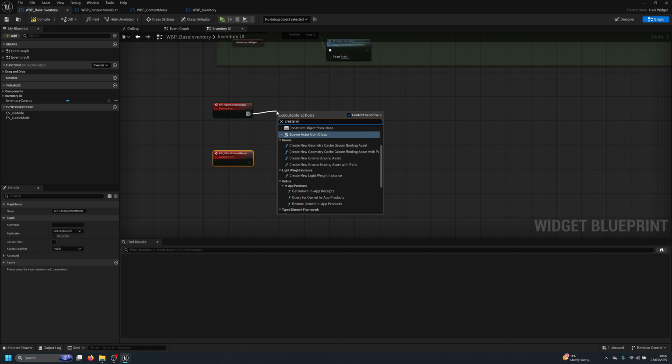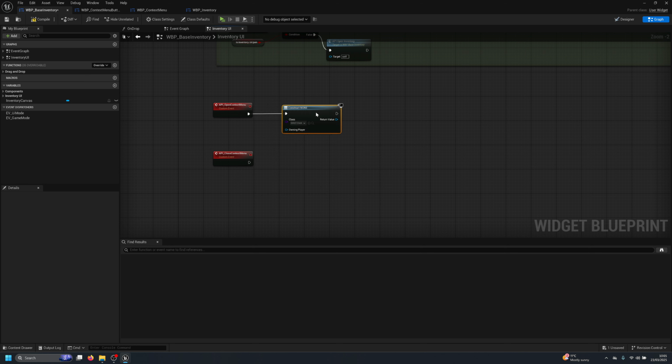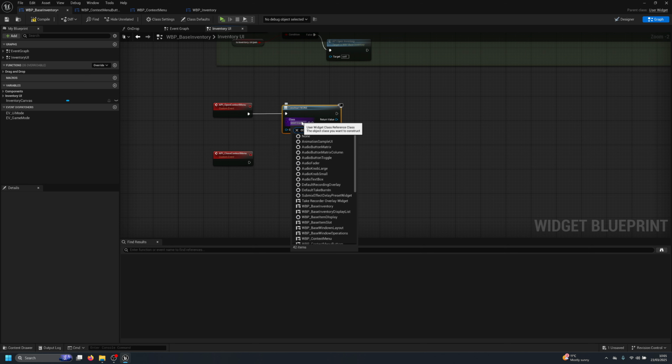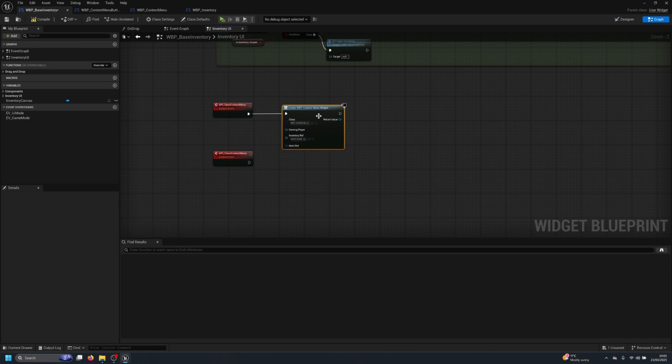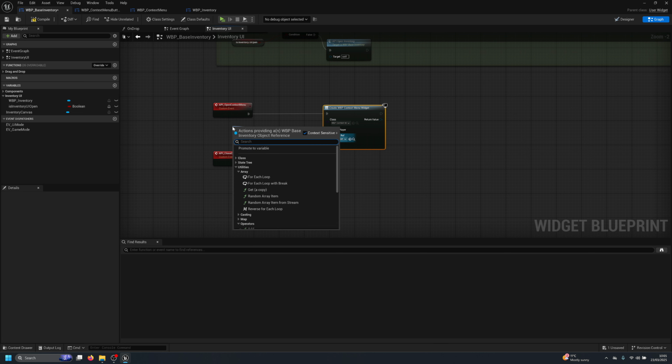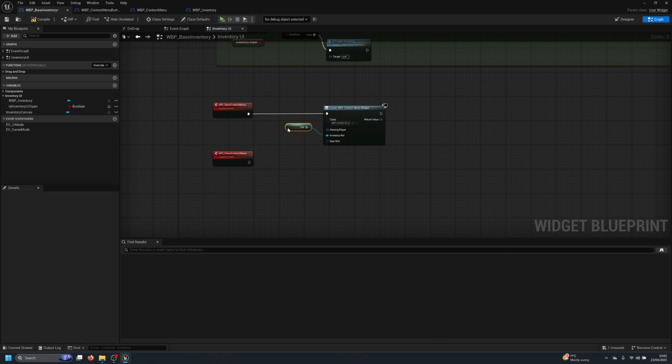So we're going to create a widget from the class, and this is going to be the context menu. And now we need to search for the item in the inventory. So first of all, we have the inventory reference, which is going to be self, right? But we don't know what item this belongs to. So we need to put on the open context menu, because we know the item slot that we're trying to use the context. And now what we need to do here is just promote to a